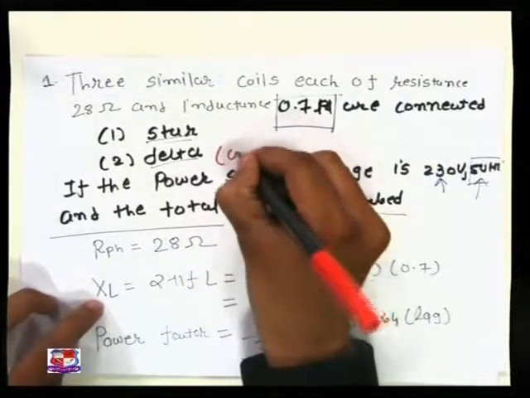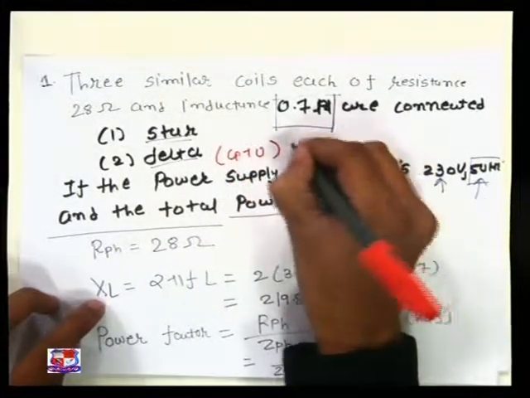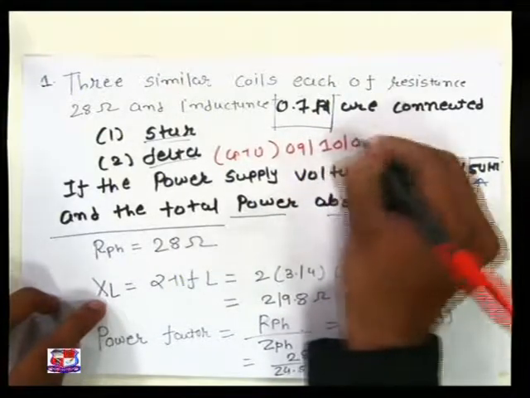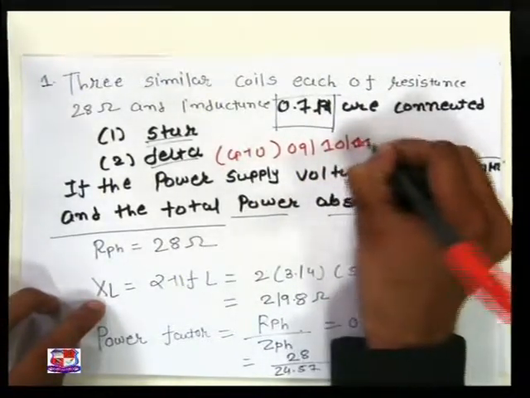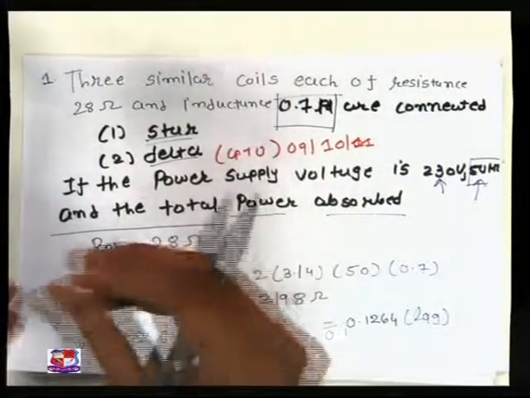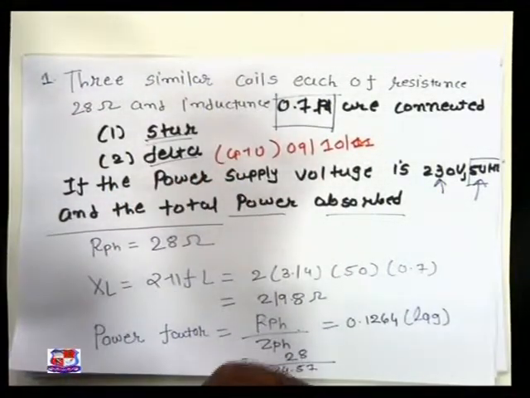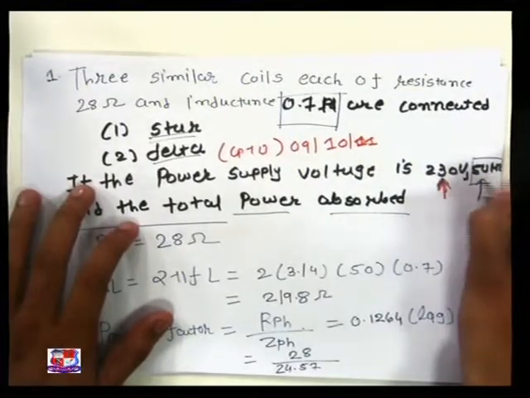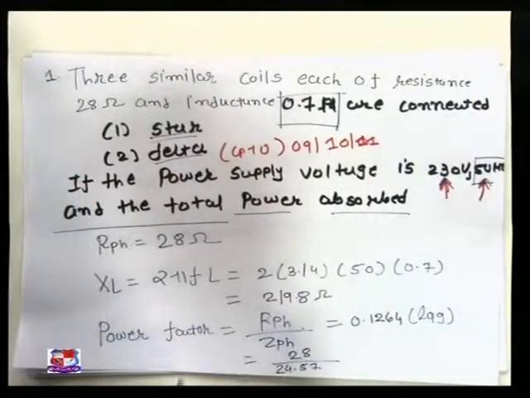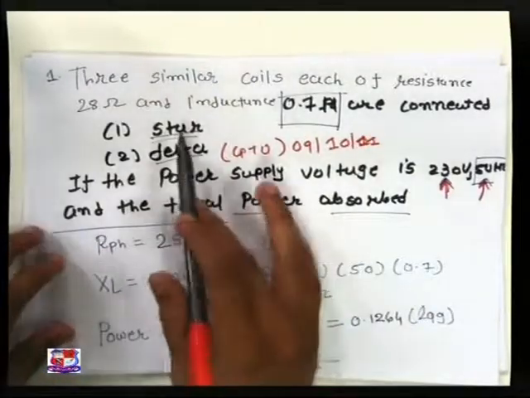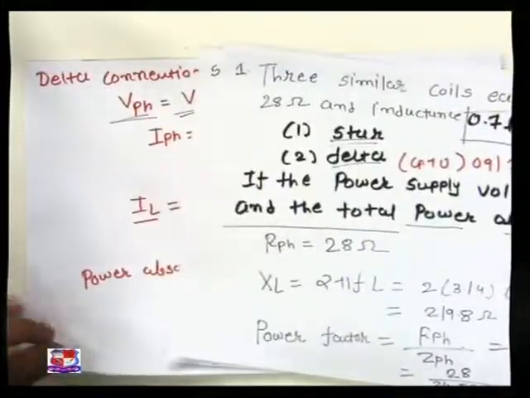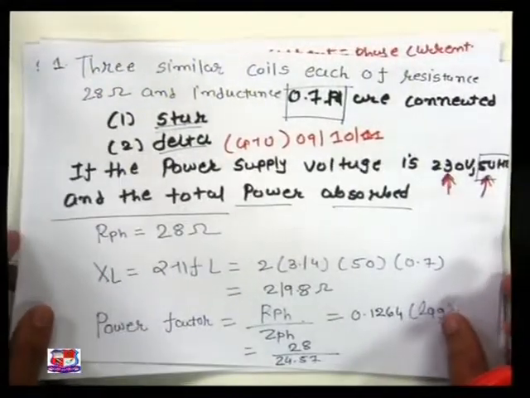This concept will be frequently asked in our GTU exam, like in 09 and up to 10 and 11. This sum is very frequently asked in the GTU, so you always have to remember what is given in our data. Whenever you do an example in any chapter, first collect the data, what is given in the equation or in the sum, and what is to be found after this sum, in our star and delta connection. It will be a very frequently asked question in the GTU.